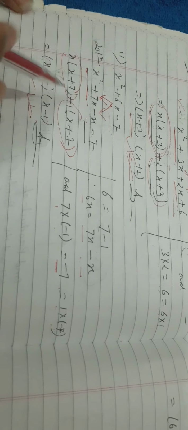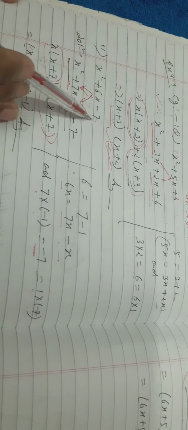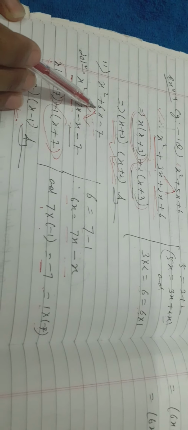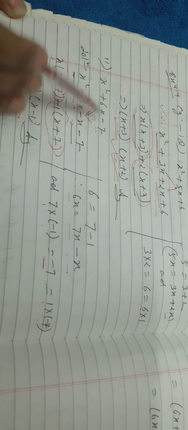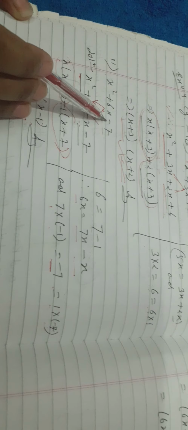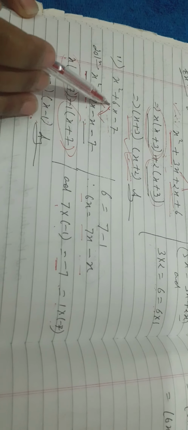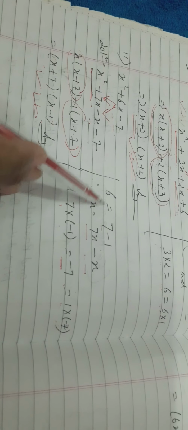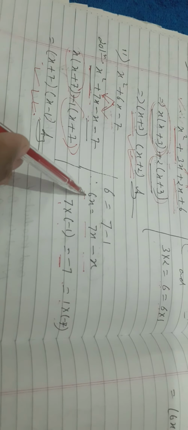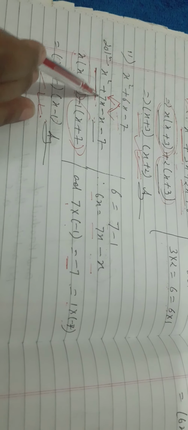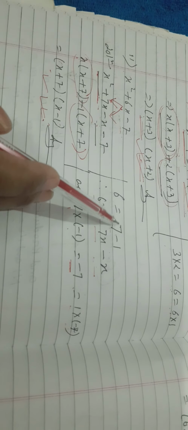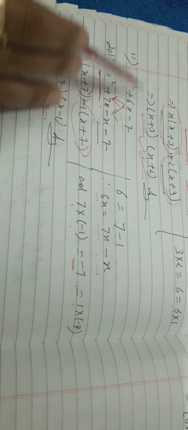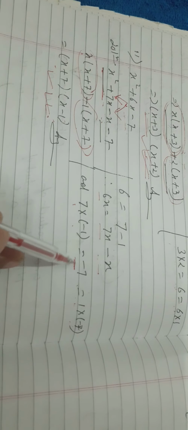Okay, one more example, x square plus 6x minus 7. Already my terms are arranged in the proper way. Now the middle term is 6x, the last term is minus 7, and the first term is 1. You be careful about the sign. So I have split 6 into two numbers, that is 7 and 1, so that when 7 and 1 are subtracted, the answer will be 6. It means 6x can be written as 7x minus x here. And then we have checked whether the second rule is verified or not, that last term into first term, minus 7 into 1 is equal to minus 7, right?